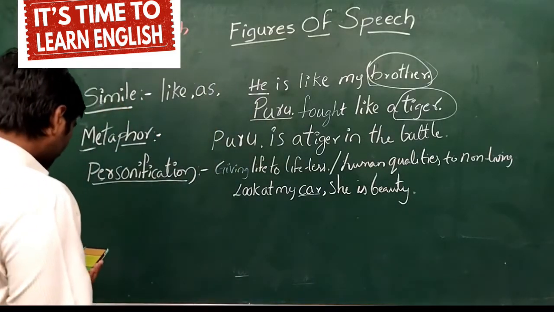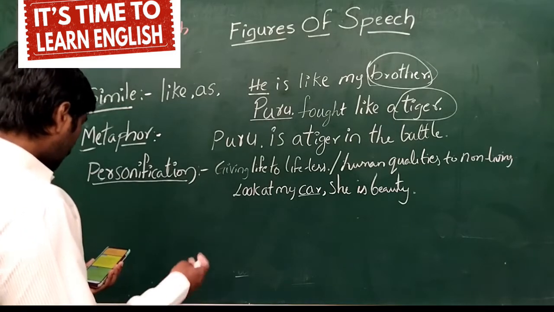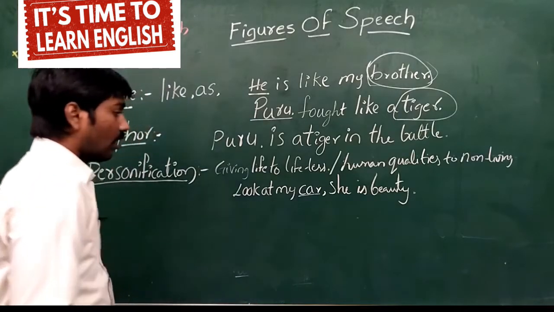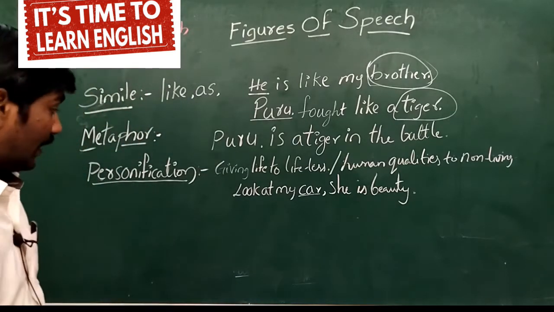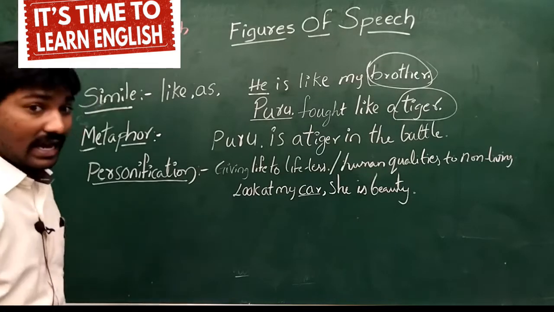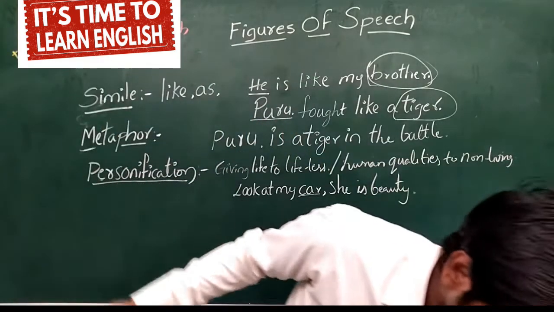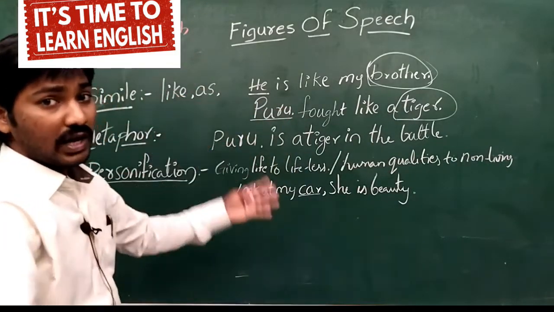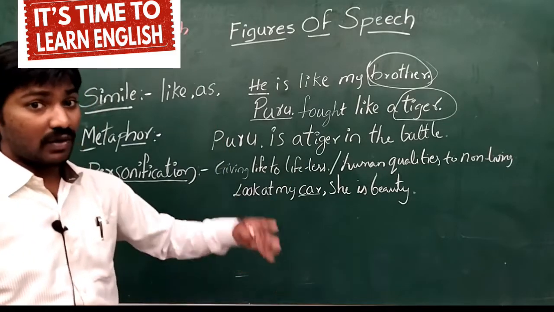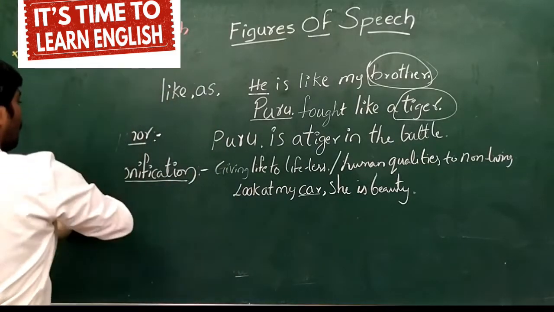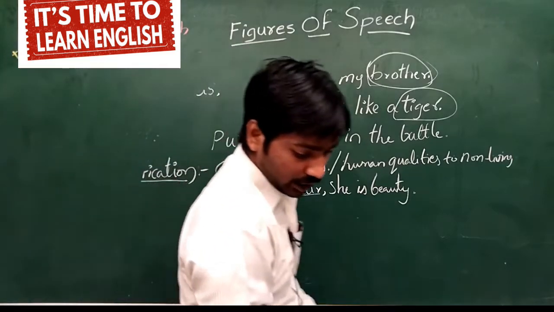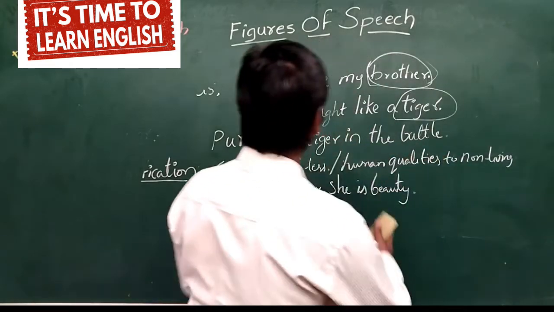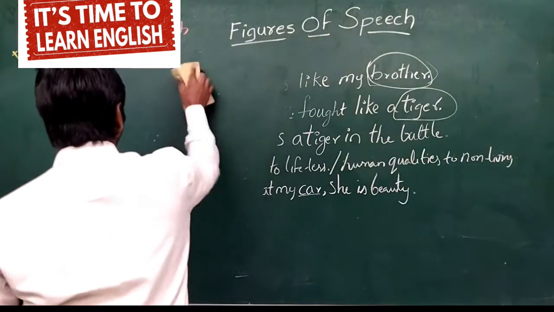So let us look at the board. An example, my brother was boiling mad. Okay, so that is, time and tide wait for none. So these are the examples for personification, simile and metaphor, and we will complete one more three. Then afterwards, after completing one more three, we will go for writing all examples. Then you can justify what is simile, what is metaphor, what is personification. So next one we are going to talk about in this class is irony, or we can call it sarcasm.